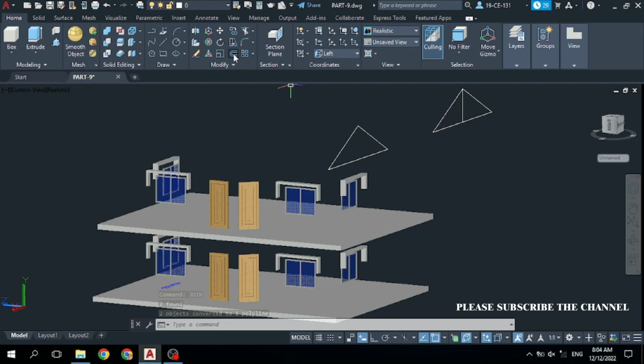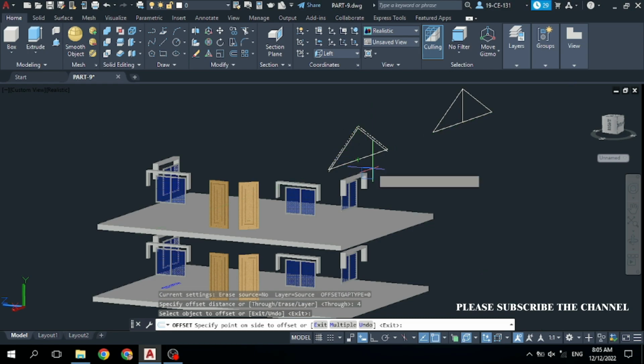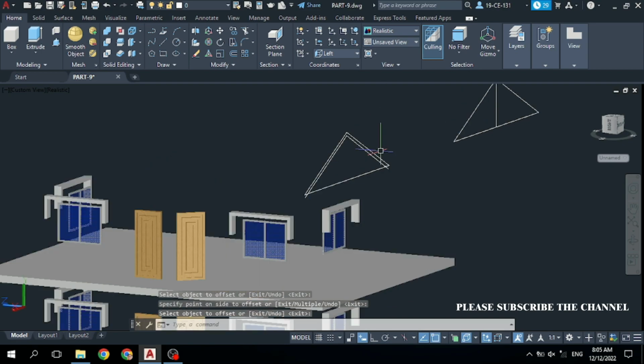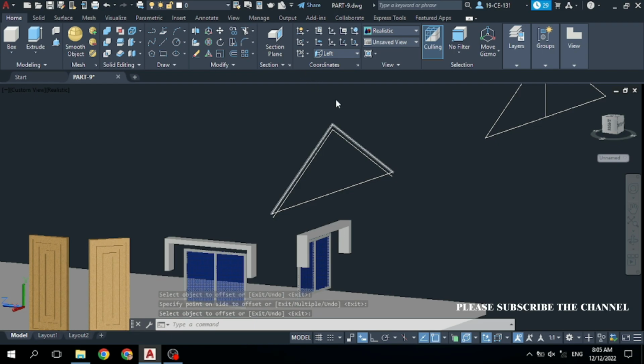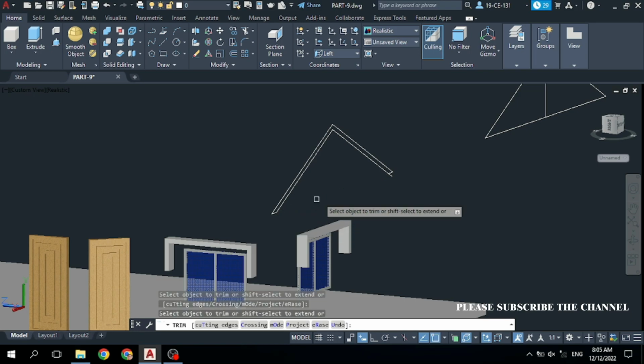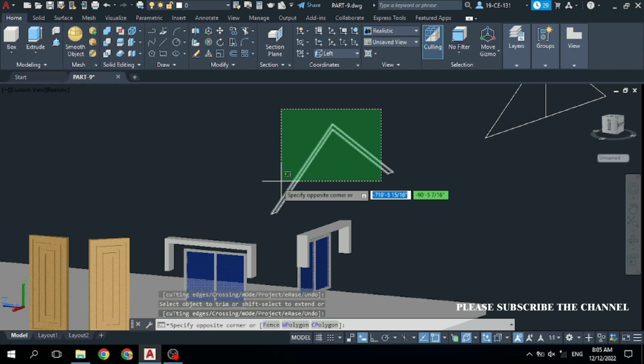And after that, click on offset and type offset distance 4 inches and press enter, and then select these two lines, and come to inside and click here, and then press enter, and after that click on this trim command and remove this part, and also this middle part, and remove this part and press enter, and then select all these lines,